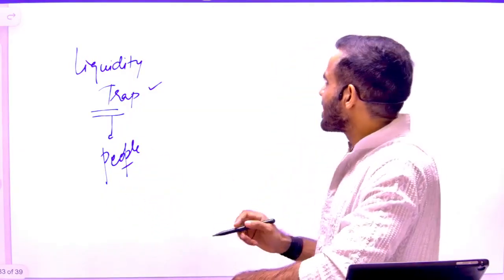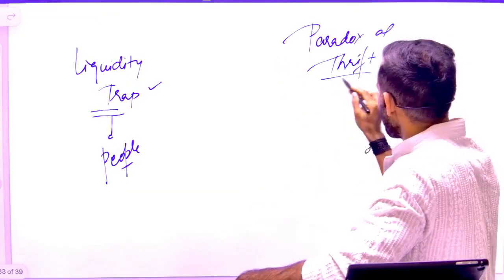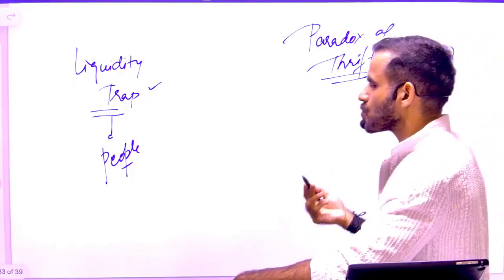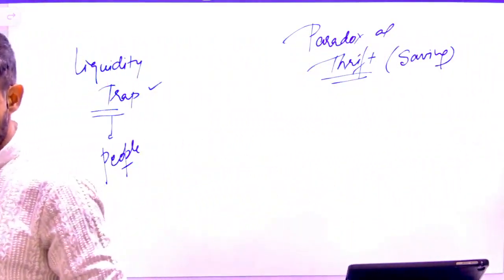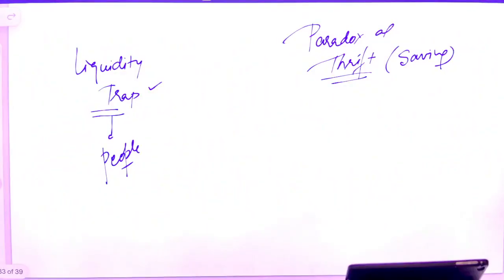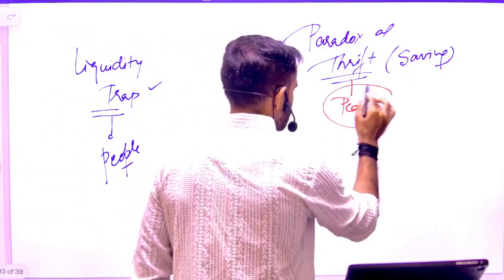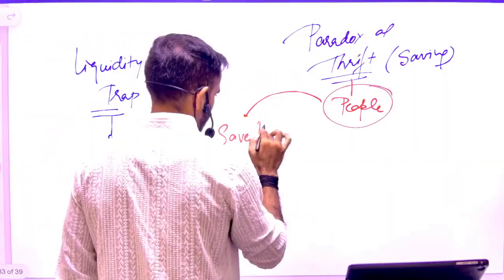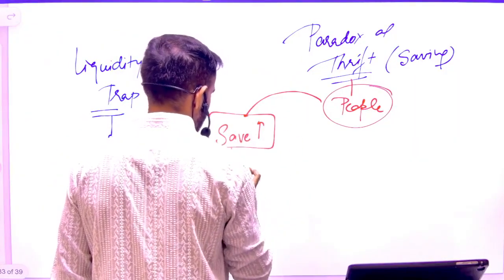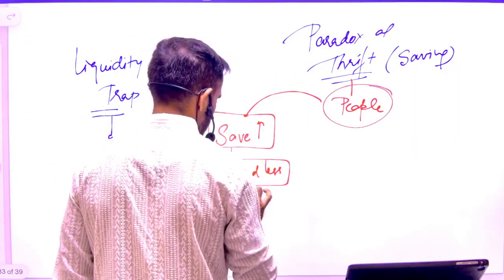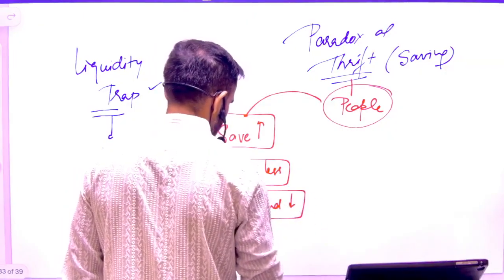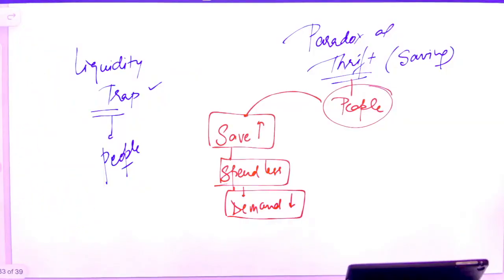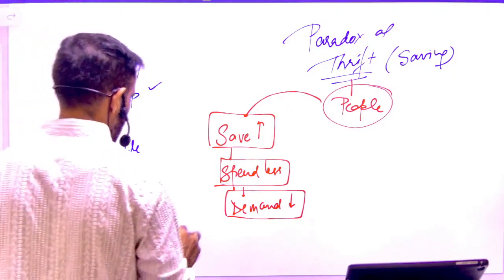Then there is one more situation, that is the paradox of thrift. Now understand, thrift basically means saving. What is paradox? Paradox basically means we are referring to two contradictory situations. Now understand it using one simple example. There are two different theories. One theory simply says that if people save more money, that simply means they are going to spend less. If they are going to spend less, the demand will go down. Demand will go down. That simply means there will be low requirement to produce. Why would companies produce if the demand is less? So that will lead to low economic growth. That is one side of the theory, low growth.